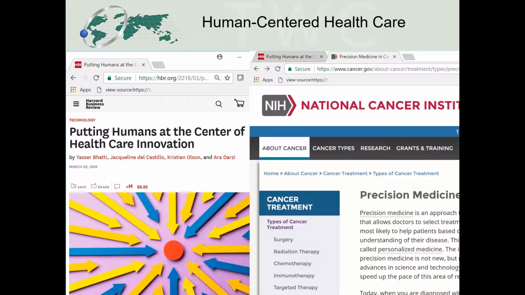And actually, if you're following the news, pretty much healthcare is moving to having the person in the middle. Do you see my cursor? No, you don't see my cursor. The person in the middle. And actually, if you look at any of the trends, this is a web page from the National Cancer Institute, but precision medicine is really here today, and it's definitely coming tomorrow. So precision medicine is basically looking at details about you, often genetically oriented details about you, to try to do better care.